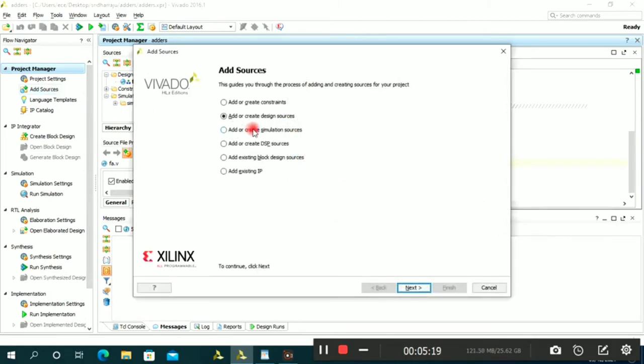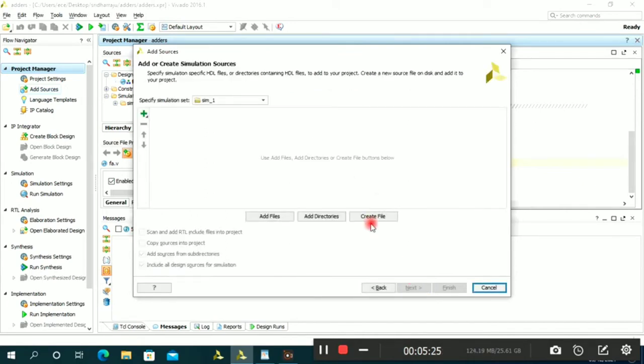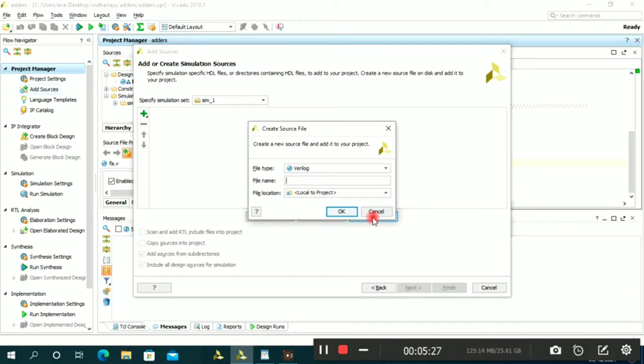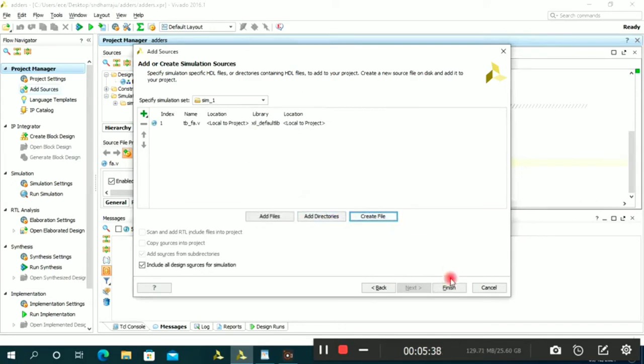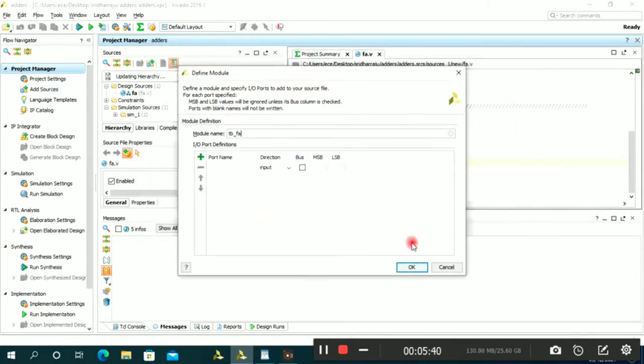Now you select add or create simulation sources, then click on next. Same procedure: click create file, then give the name tb_fa, tb meaning test bench for full adder. Then click on OK. Finish. No need to give anything here.